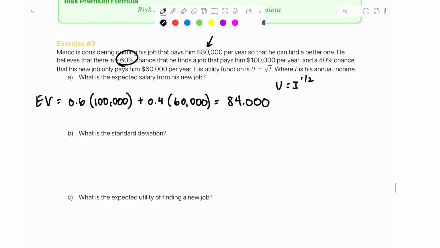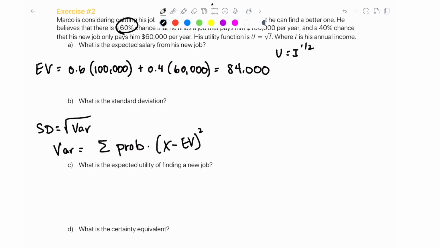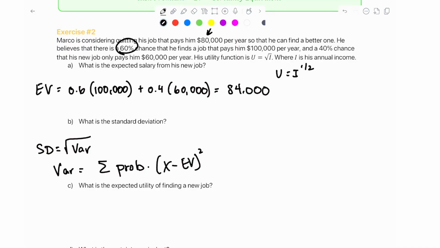Next, I want to go over the standard deviation. So to find the standard deviation, we first find the variance, right? Because we need to square root the variance. And to find the variance, the formula is the sum of the probability multiplied by the outcome minus the expected value squared. So that means the first probability is 0.6. The related outcome to that is 100,000 minus the expected value of 84 squared, plus the next probability is 0.4. The related outcome to 0.4 is 60,000,